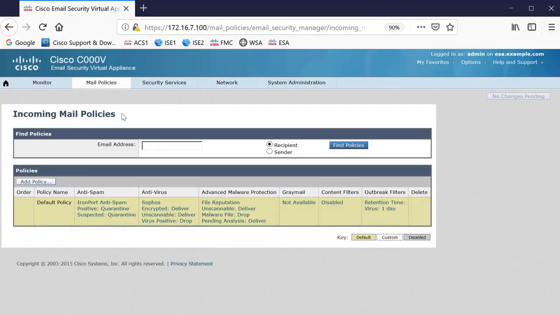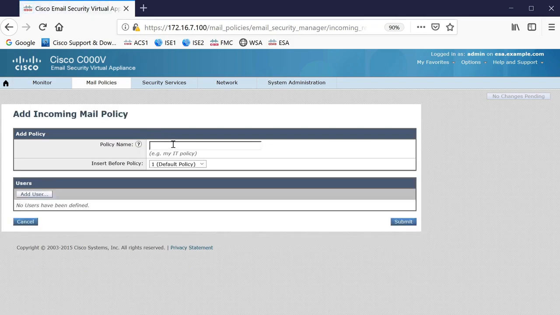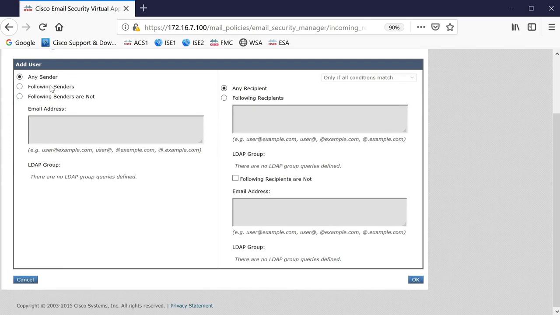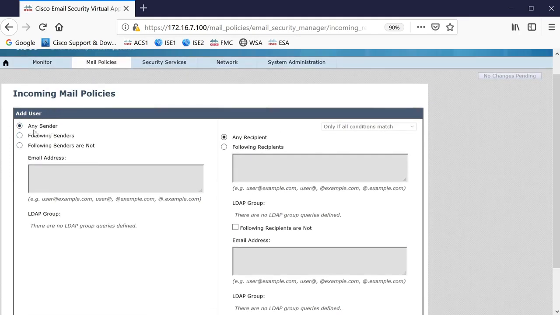We are with incoming policies. This is what we will use to test our engines. Maybe let's just add a custom entry for a single recipient. I'm going to say that this is going to be Kate policy, because the only condition that I will use here is going to be a recipient. So I'm going to say that this policy will be evaluated regardless of the sender. The only thing that has to match, so we have a match with this policy, is going to be the recipient, Kate at